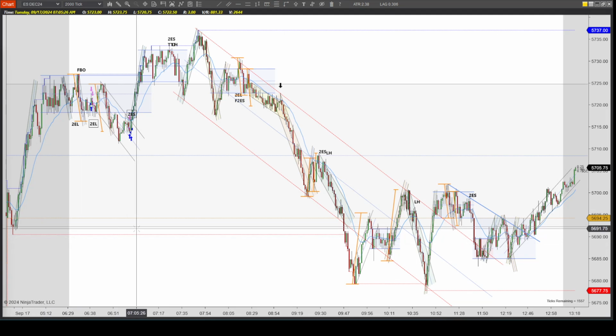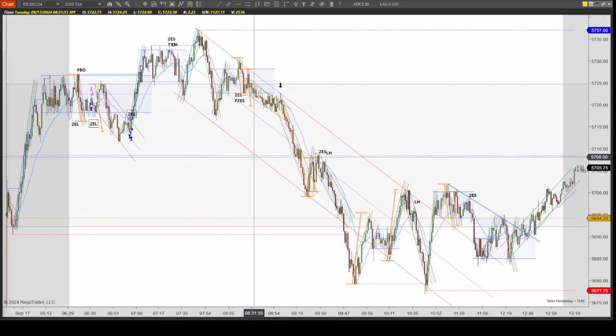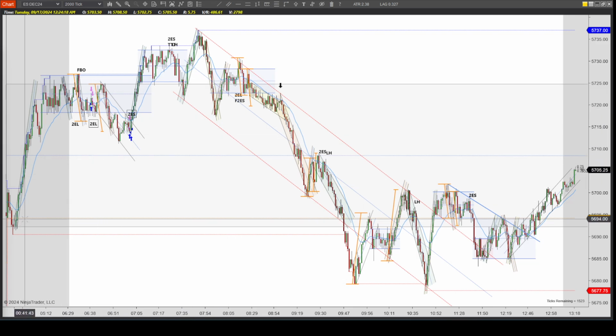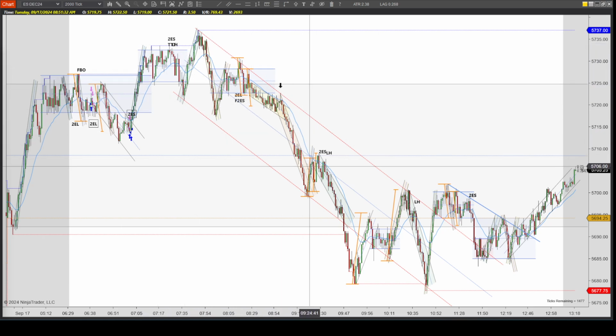September 17th, 2024. This is the S&P 500 E-mini Futures on the 2000 tick chart using NinjaTrader 8. This is what the chart looked like today, and this is how I drew it out. It had a rally in the pre-market, consolidation, another step up, then a very choppy sell-off that occurred